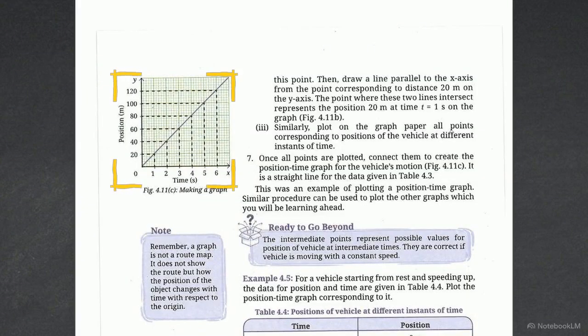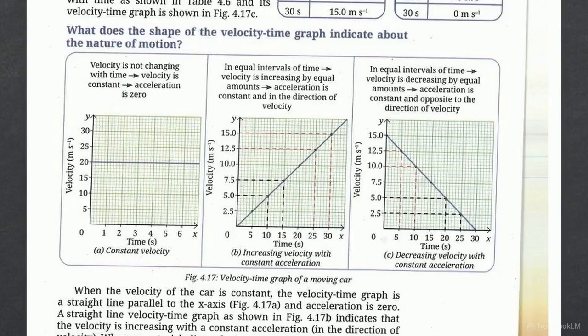A position time graph tracks where an object is at every instant. On this graph, the slope of the line provides the object's velocity. A steeper line indicates a higher rate of travel. To track changing speeds, we shift to a velocity time graph, where velocity is plotted against time. Here, the slope represents acceleration. An upward angle shows the object is gaining speed over time.